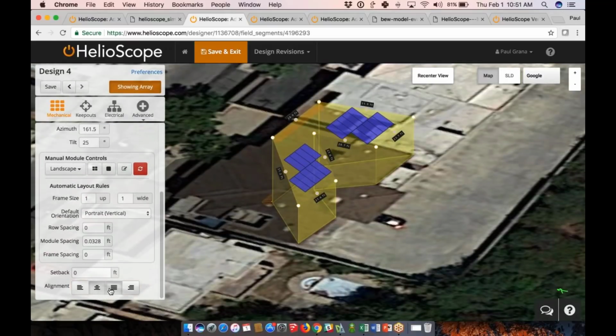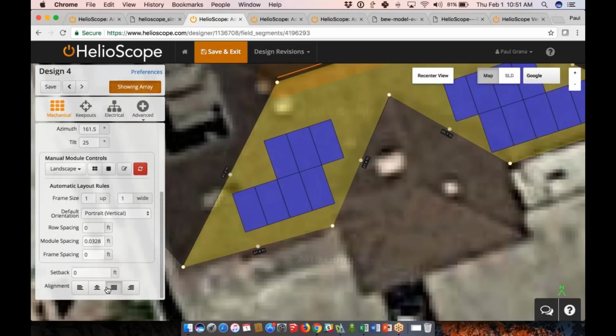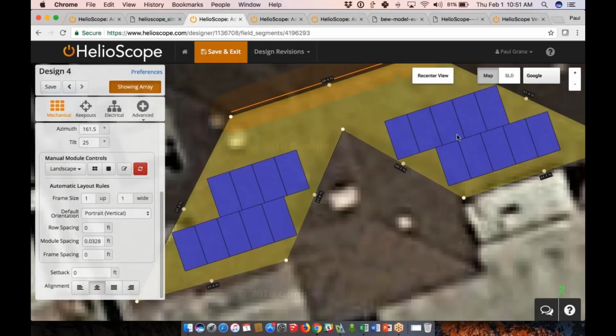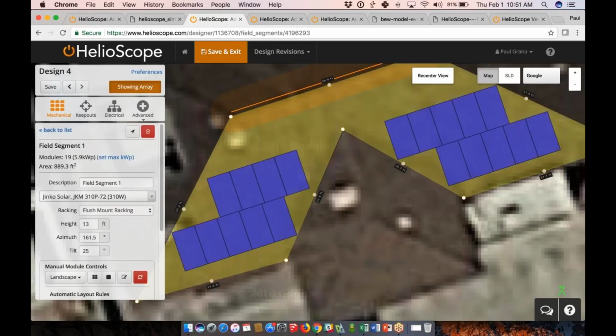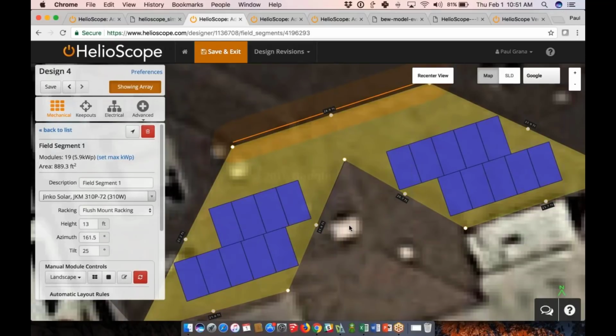Another aspect that would often come into play is the alignment. So if you notice here, this is a strict grid. So it's basically a checkerboard. That's this third alignment option. If I choose the second one, it actually is going to try to squeeze in as much as possible. Notice these are staggered. The rows are staggered. So in this case, it's the difference between having 16 modules in a 5 kilowatt system or 19 modules in